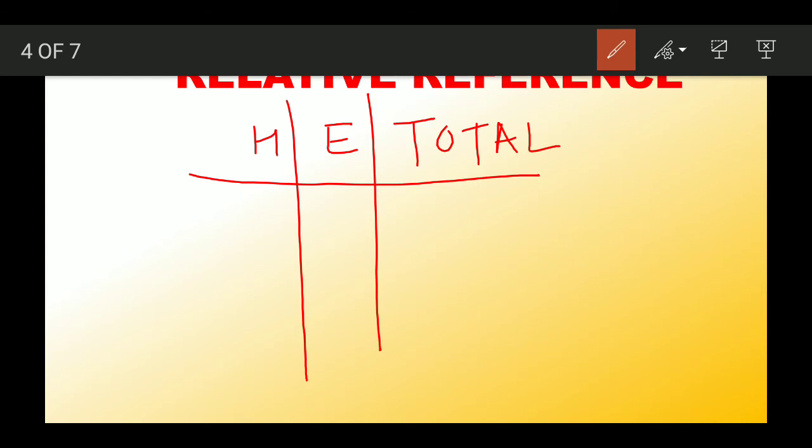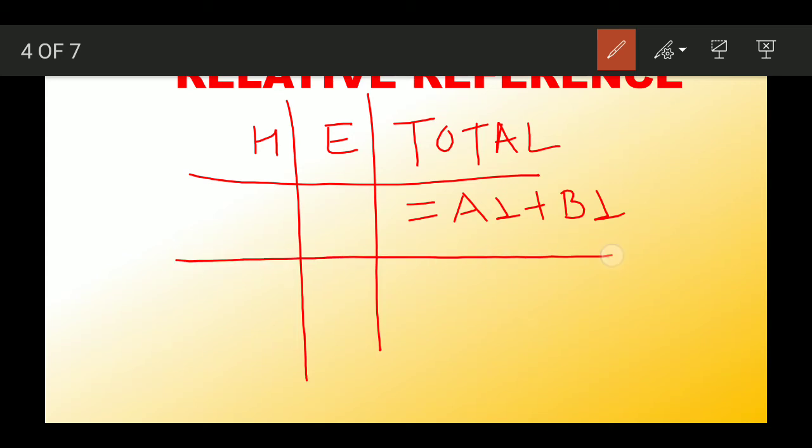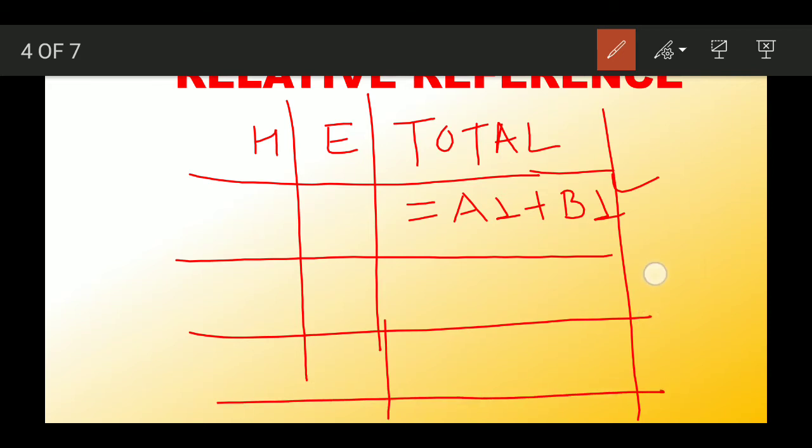Then what can we do? We can write a formula here. For example, this is A1 plus B1. Here we have A1 plus B1. Now if we copy from this cell to the second cell or next cell here,